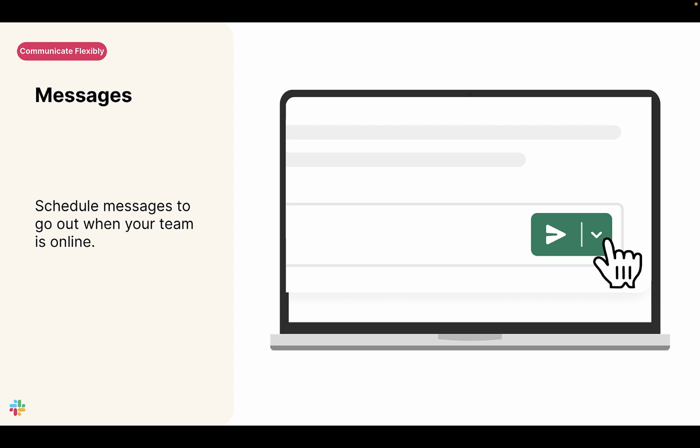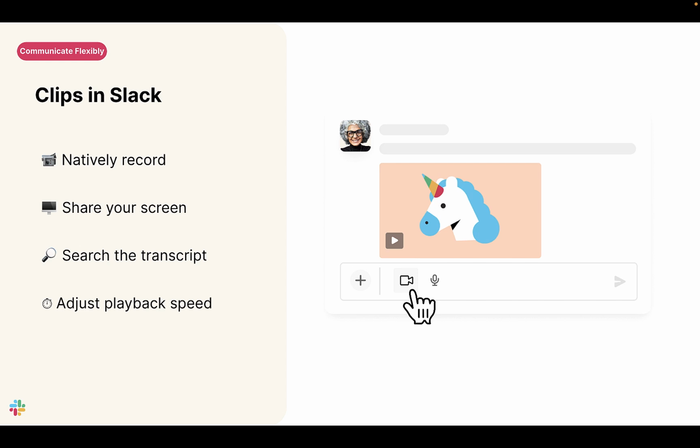If you want to share information in a more personal way, you can send a video message. Beyond being more personal than text, Slack clips offer a flexible alternative to meetings because others can watch when it's convenient for them. This is especially true when it can be difficult or impossible to schedule a time that works for both you and your partners.